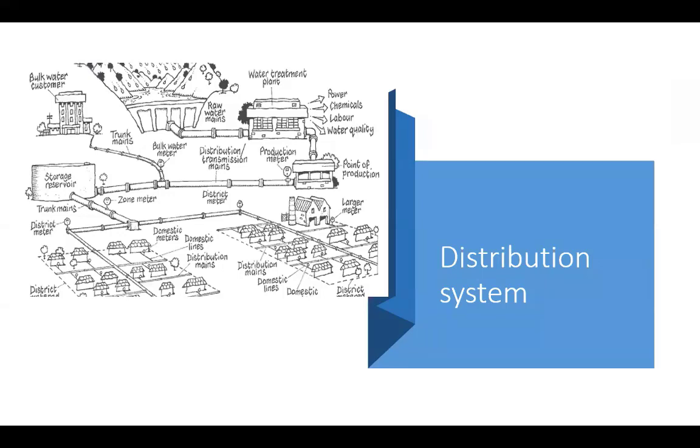Now, looking at the distribution system, we'll start here at what looks like a reservoir. So we have our source water that is transported through raw water mains. Now in Flint, or actually in Genesee County, not in Flint itself, but in Genesee County, with the Karegnondi Water Project, what they've done is they've built a raw water main from Lake Huron about 50 miles across the state